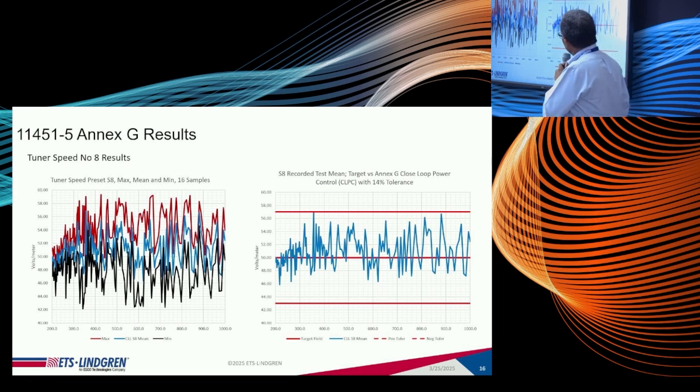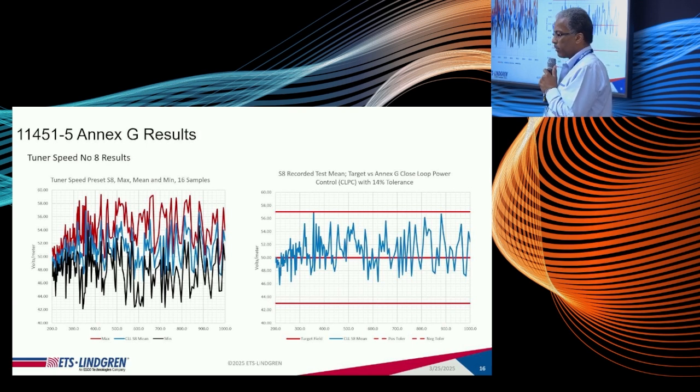So if we compare the variance that we see in the field, here again we're measuring the max of the maxes, the mean of the maxes, and the min of the maxes, the red, blue, and black curves here. And on the right, we are looking at the variation. Nope, sorry, this is just the mean of the maxes. So this is the blue curve taken out. So we can see the variation in the mean is not very wide.